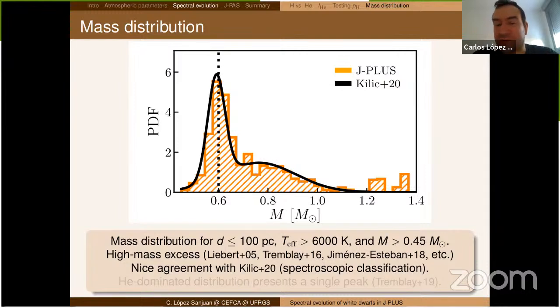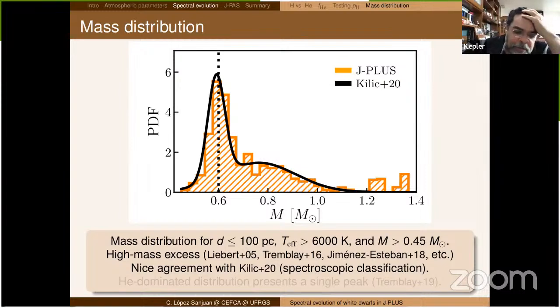Of course, the very cool dwarfs can have very large errors in the blue bands, but have really decent errors in the red part of the spectra. So we are confident that the temperature is not very bad. Of course, with the classification you can have issues. In the case of J-PLUS, it's deeper, and we make a bigger analysis on that. So we arrive at a signal to noise average of more or less, I think, 20 at 21.5.